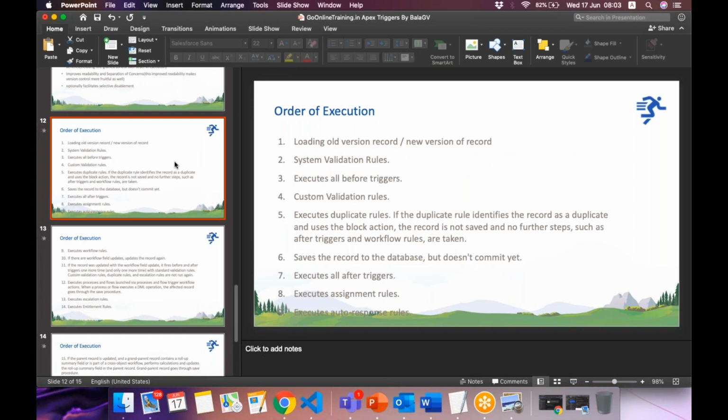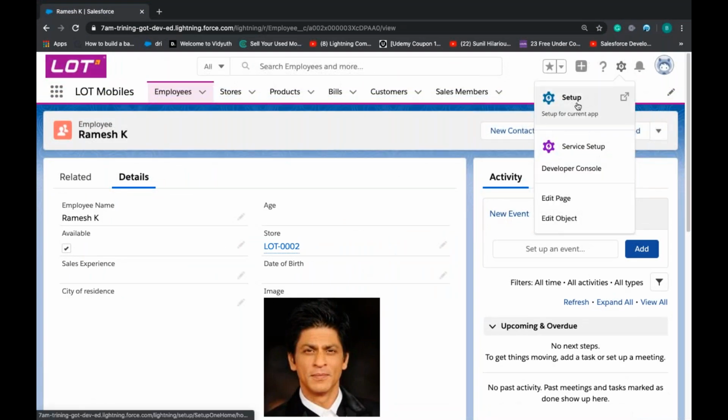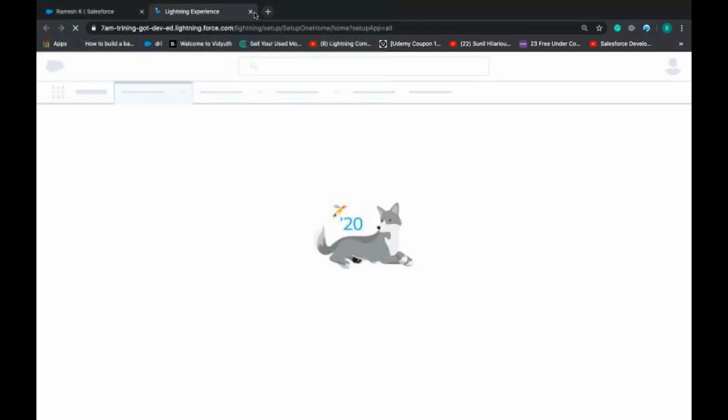Okay, so now I think you might have understood why before triggers and after triggers are separated. Before triggers execute before the save, after triggers execute after the save. Always remember, triggers are separate entities, not set up.